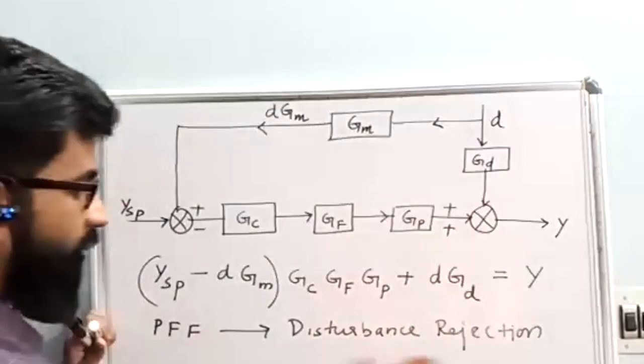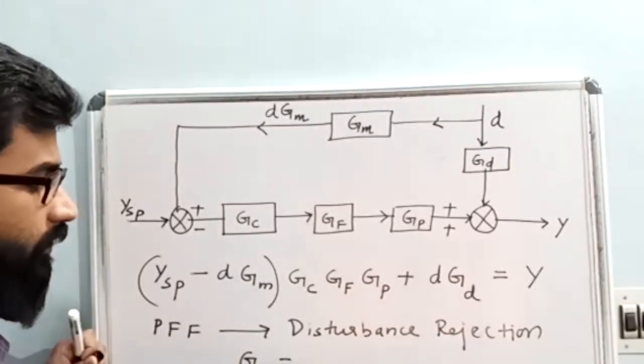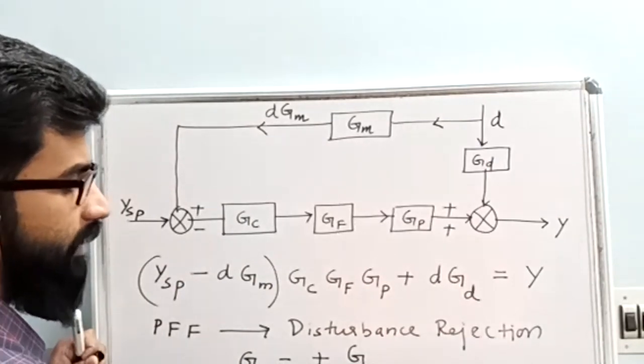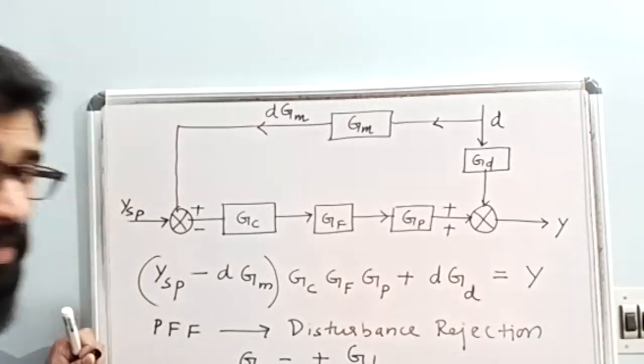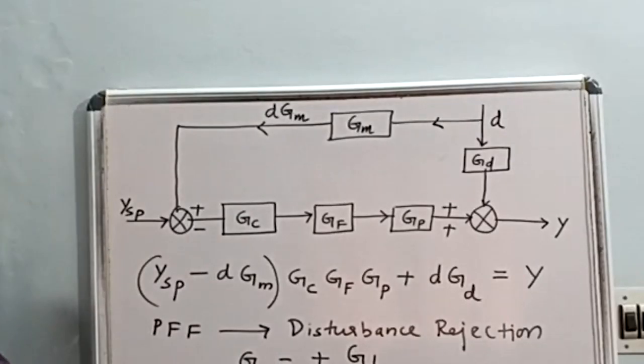So when you substitute this for perfect disturbance rejection, the equation for the controller is plus or minus, you will be getting the disturbance transfer function divided by the process transfer function. GD divided by GP. All of the questions in GATE are based on this particular equation. So why is there plus or minus? Because it depends on whether we are taking positive feedback or negative feedback. So just keep plus and minus in mind, so that according to the question and the options given, you should be able to solve.